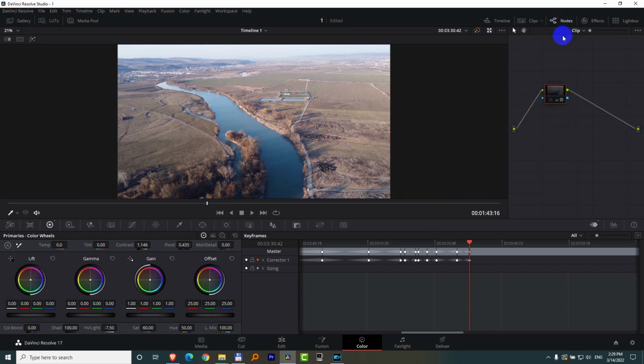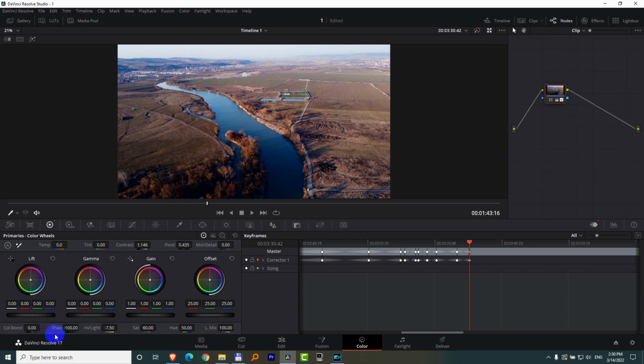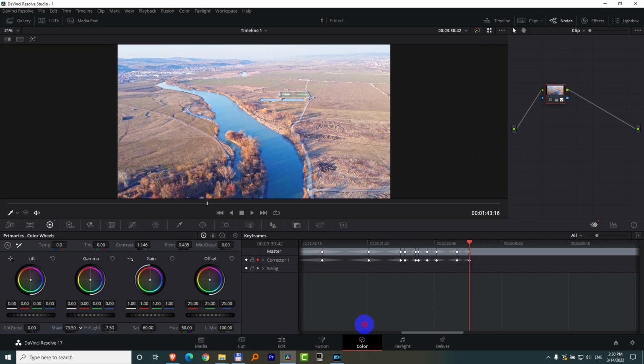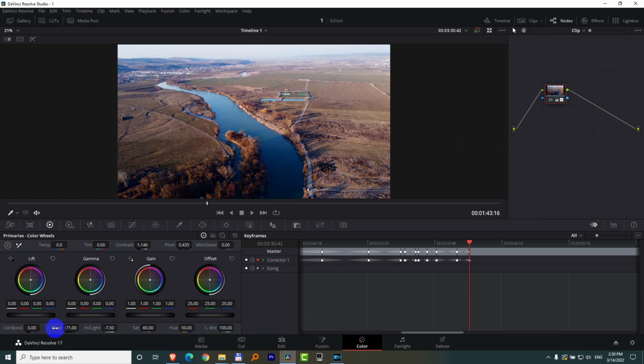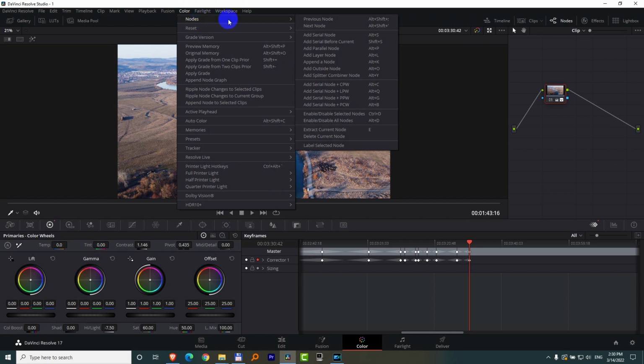If we open that one, here's a node and it's pretty grayed out. If you click on this 0, 1 in the first part, notice, wow, now it is visible. So now if I drag these shadows to the left, it's getting darker. If I drag it to the right, it's getting brighter. Okay, you can double click on the text itself to reset it, and that is available here in color, nodes,